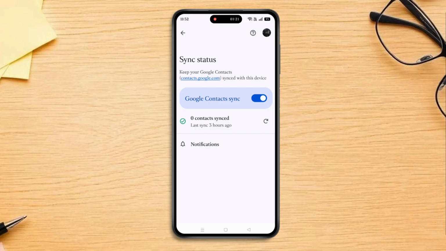To confirm that sync is working, go back to the previous screen and tap Manage Settings if available, or wait a few moments for the sync to complete automatically. Your contacts will then be securely stored in your Google account and kept up to date across your devices. And that's it. That's how you can save and sync your contacts to your Google account on Android using the